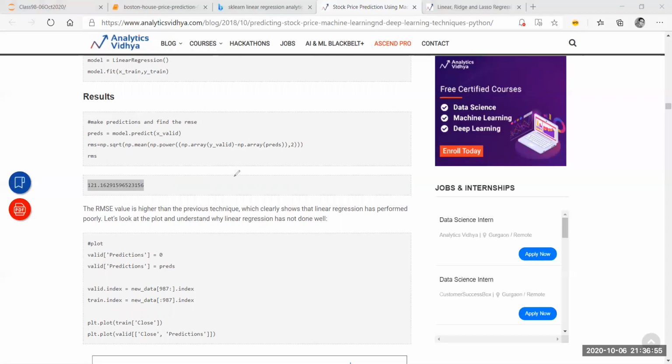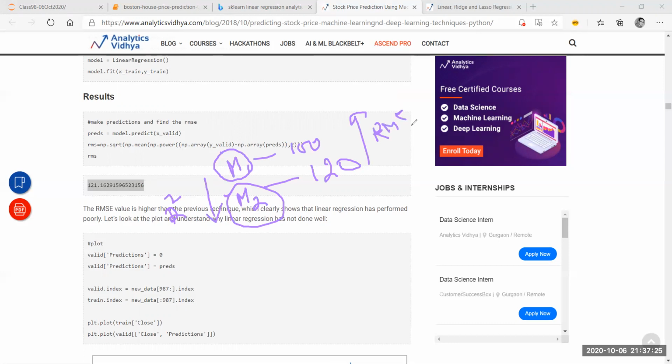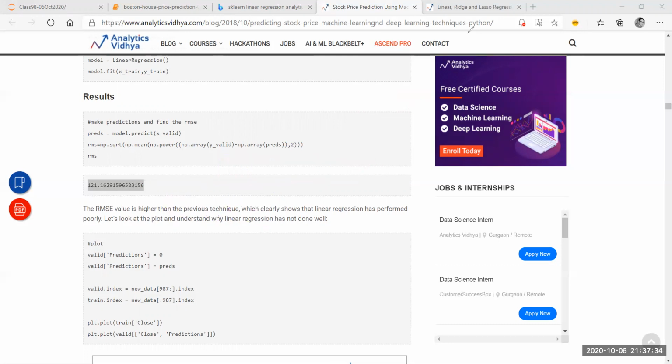What I mean by that is, let's say I have a model M1 with a root mean square error of 100. Okay, so RMS is 100, and then I have created another model M2, where I get a root mean square error of 120, just like he has got. In this case, I'll call M2 a bad model because it has not performed as well as M1. The RMSE is increasing, which means the R square score is decreasing. So R square has decreased from M1 to M2. And why is this the case? Because the root mean squared error has increased, right? So that's one more way.